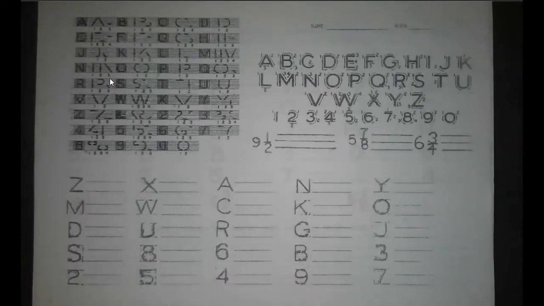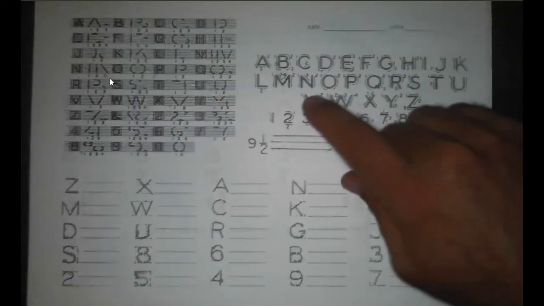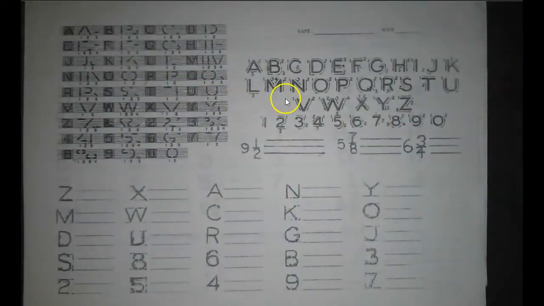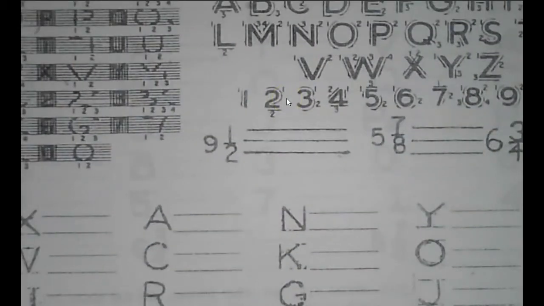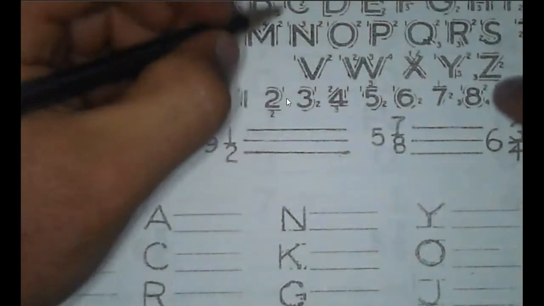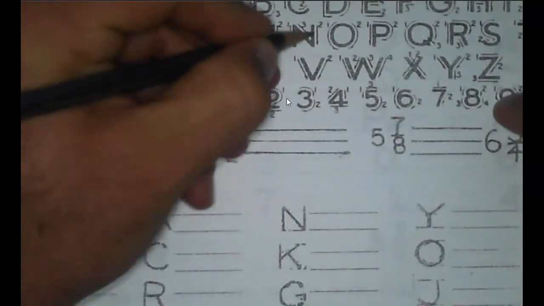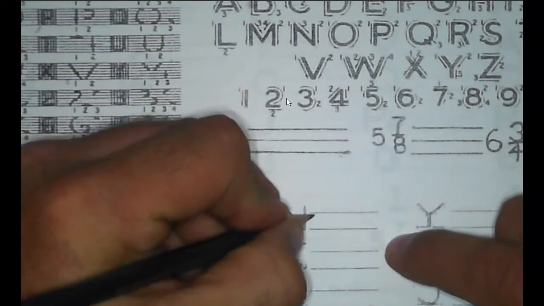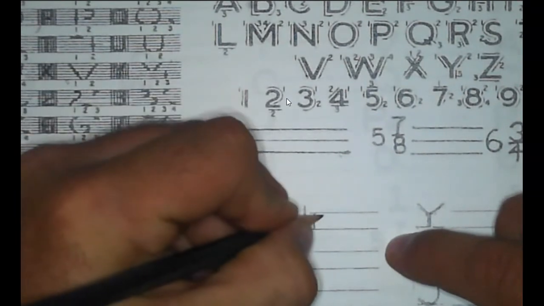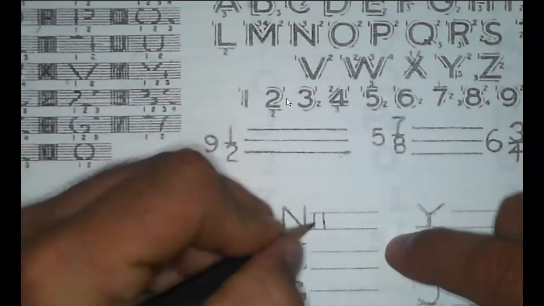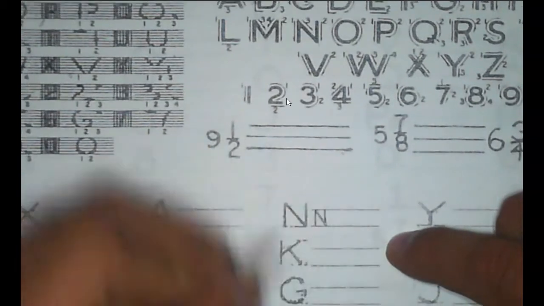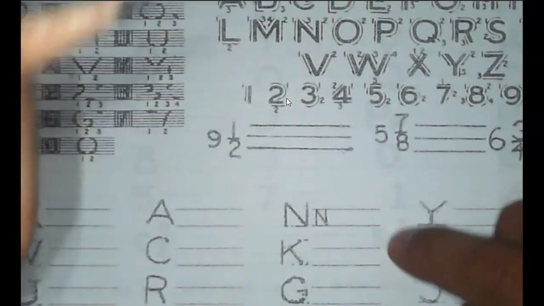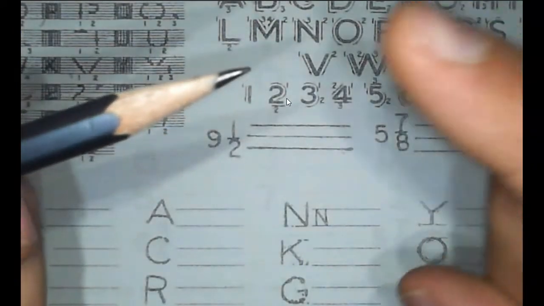So for some examples, let's say I'm going to do the letter N. Well, if I look up here at N, it's actually a three-step process. 1, 2, and then you connect them. So down here, I'm going to go, okay, so 1, 2, and 3. And I would make sure, and I know it's kind of difficult to tell, but as you're doing this